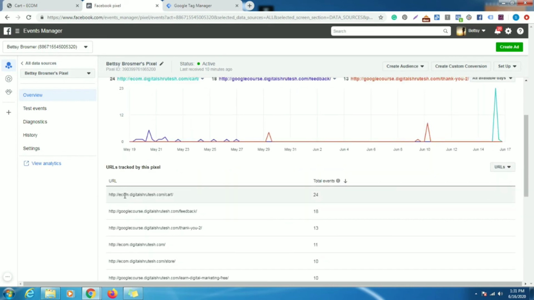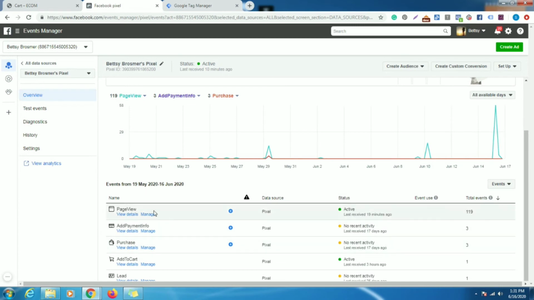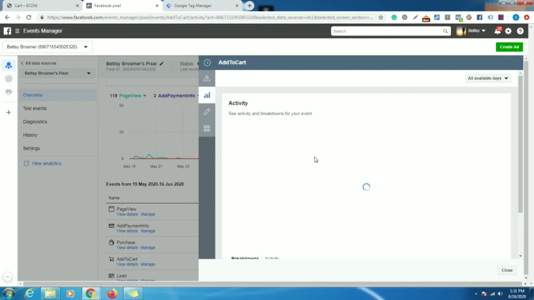So look at here, ecom.digitalfootage.com cart, 24 events all happened here. Okay, then you can see the domains, then you can see the events. Okay, so add to cart. Okay, the pixel is showing active, total event 1. View details, so you can see the details.